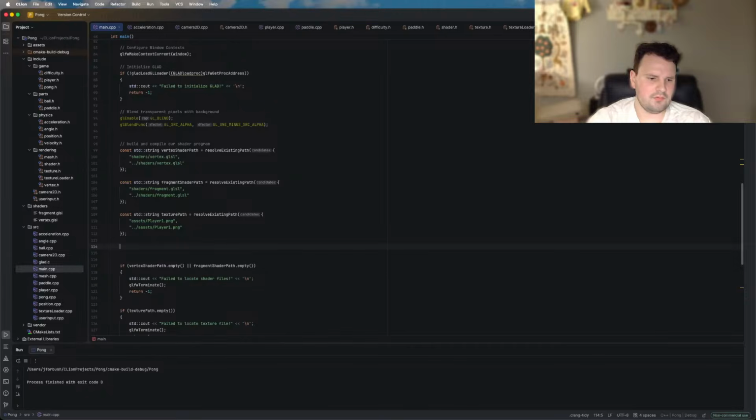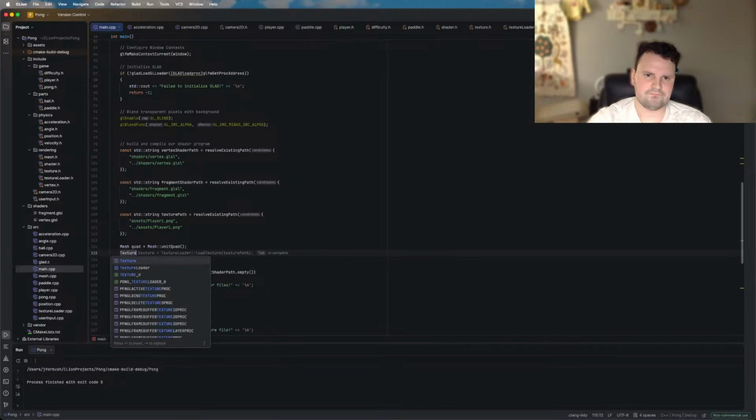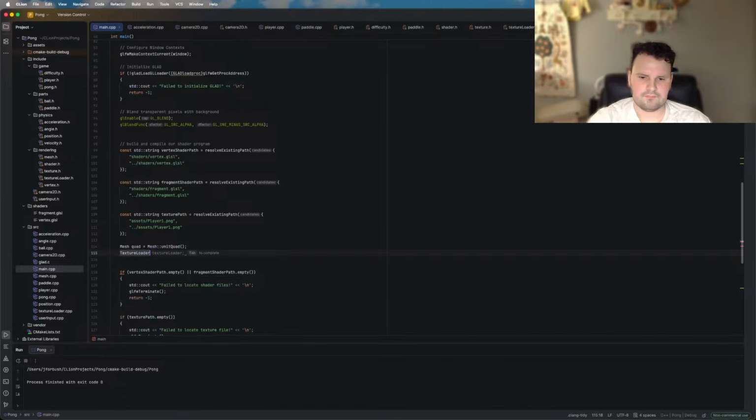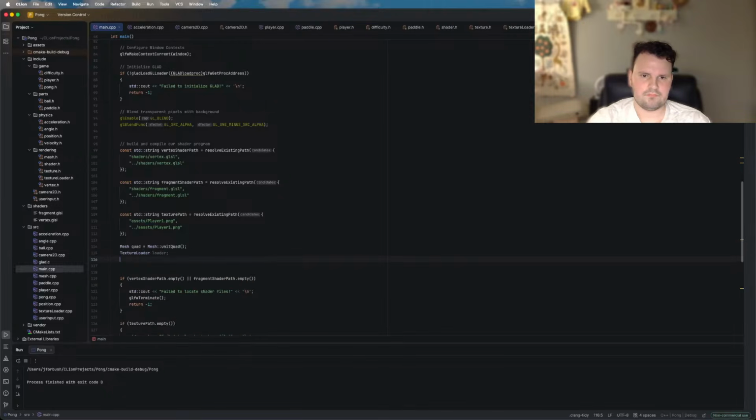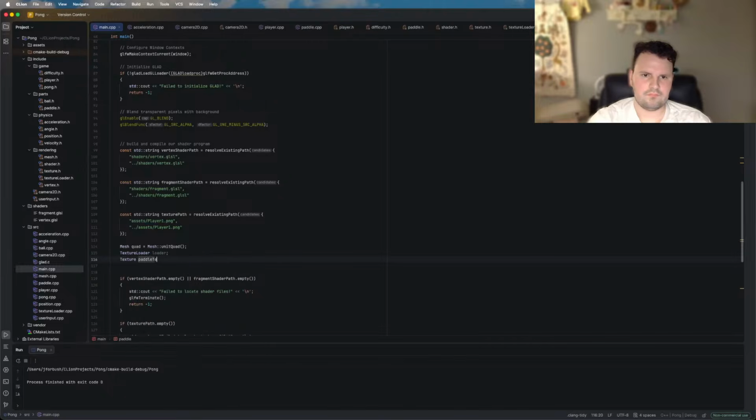Okay, now we need to build the mesh. So mesh, quad, mesh create quad, or sorry, not create, here, quad. Paddle texture is equal to loader dot